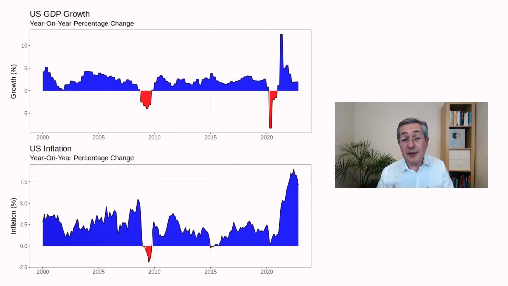So here's US GDP and inflation coming up to the latest prints which we've got. Now, if we look at growth, you can see that it's come off its peak after the pandemic, and it's kind of stabilized at a fairly low level. Many people expect that that's going to fall further. We saw the predictive model from the Fed, which also predicts a high probability of a recession. So I think it's fair to say that most people expect GDP will be falling. And if we look at inflation, again, it seems as if it's peaked for now, and it does seem to be falling as well. So in other words, we'll fall into that inflation falling, growth falling sector of our investment clock.